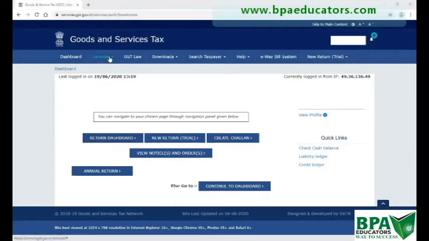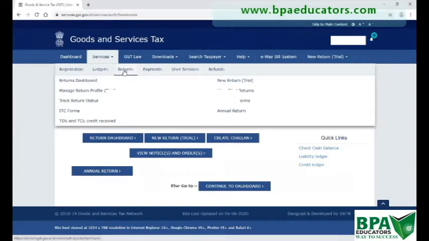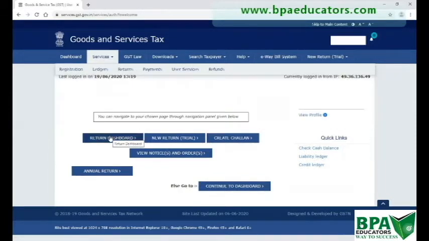can go to the menu on the services option, just click on services, and you will find a returns option available on the services tab. In that there is a returns dashboard. You can either click on returns dashboard here or on the screen itself.